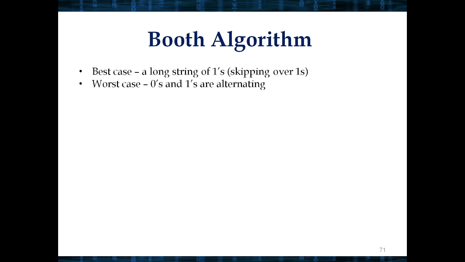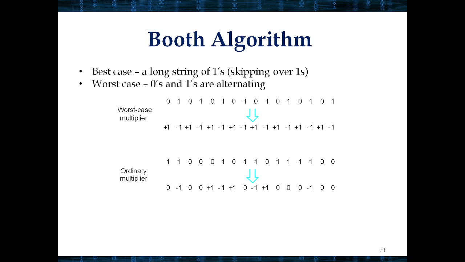So Booth's algorithm is one of the well-known signed multiplication methods. We'll see the best case multiplier and the worst case multiplier here. The best case multiplier is the multiplier which has a long string of ones. The worst case multiplier has alternating zeros and ones. If you see here in the worst case multiplier, when we have alternating zeros and ones, it will be very difficult, because